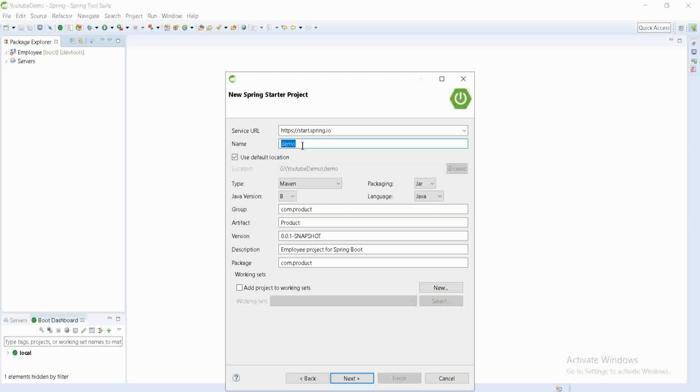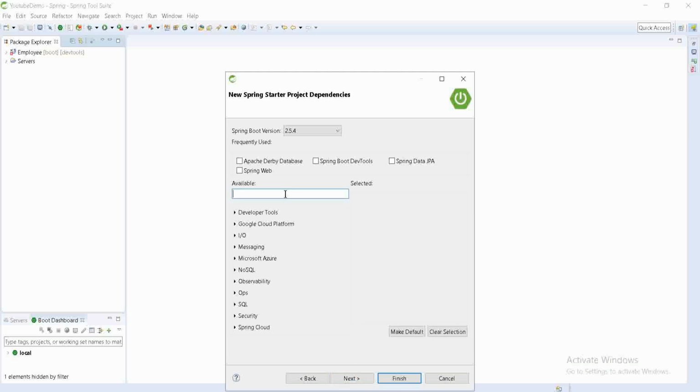Here also I will give product, and next you can put your description. Here I am going to use the Apache Derby using Spring Boot application. So the things are done. You have to just click on Next.